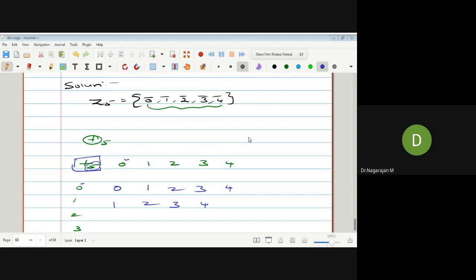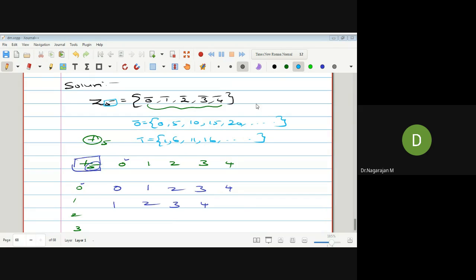But in addition modulo 5, this element lies in which class: the 0 class, first class, second class, third class or fourth class? First, define the 0 class element. The 0 class, yes, correct. The 0 class contains multiples of 5: 0, 5, 10, 15, 20, and so on. The first class lies in between, where 1 is the first element, then add 5: 1 plus 5 is 6, 6 plus 5 is 11, 11 plus 5 is 16, and so on.